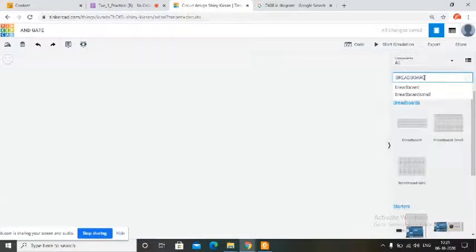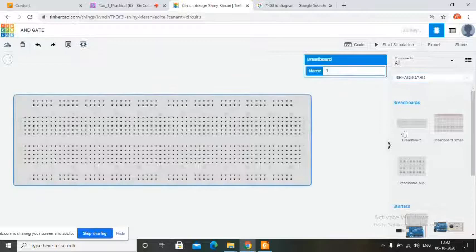Suppose you need the breadboard, so you will type breadboard. There are three different types of breadboard: one is mini, the second is small, and one is the normal. Use this breadboard because in this case you can make the entire circuit properly. So choose this breadboard,